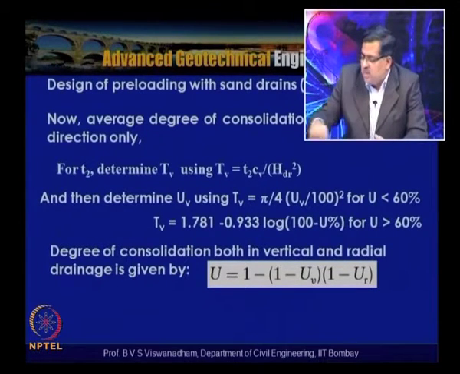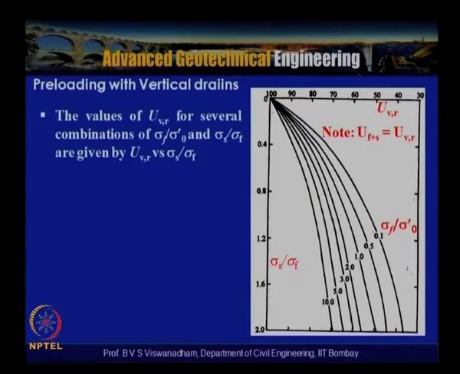So, after having obtained the vertical and radial drainage, once we get the UVR and by knowing sigma F, which is the permanent load, and sigma naught dash, which is the effective stress at the mid depth of the clay layer, we can calculate what is sigma S by sigma F. Previously we have said that U is equal to UF plus S, and here we assume that U is nothing but UVR.